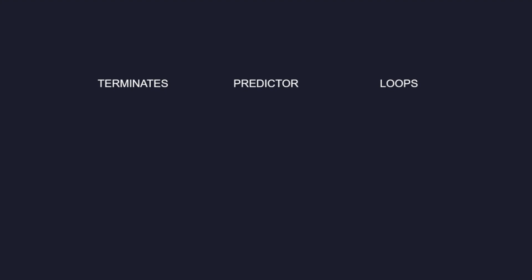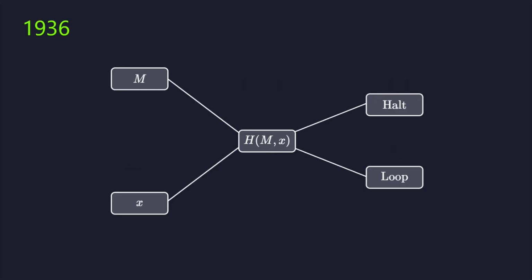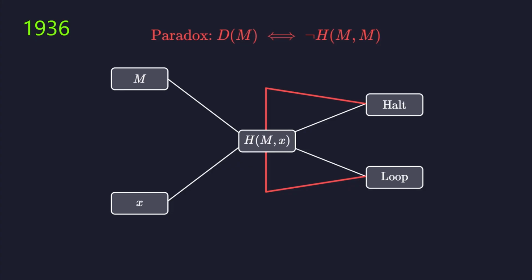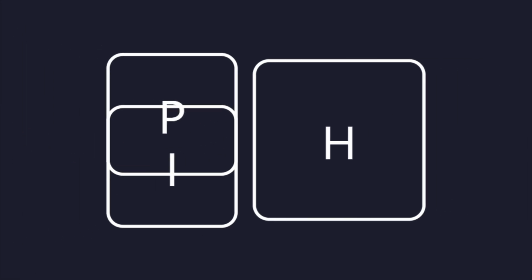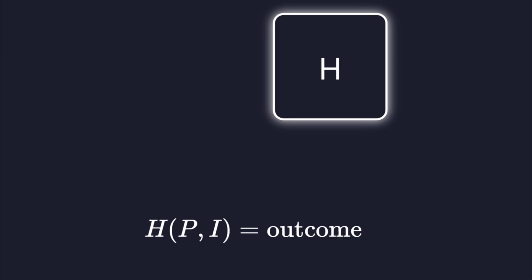Every algorithm eventually terminates or loops forever, but no single program can predict this behavior for all possible inputs. Alan Turing proved in 1936 that a universal decision procedure for the halting problem is mathematically impossible. We seek an algorithm called H that takes any program P and input I to determine this outcome with total